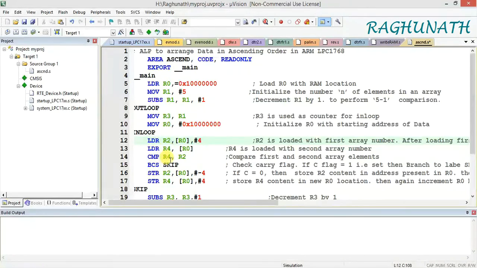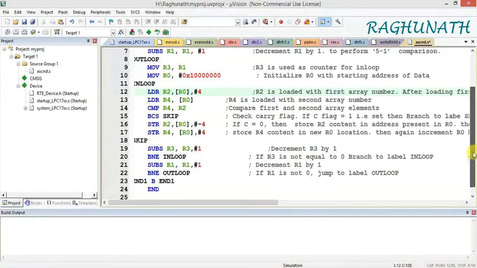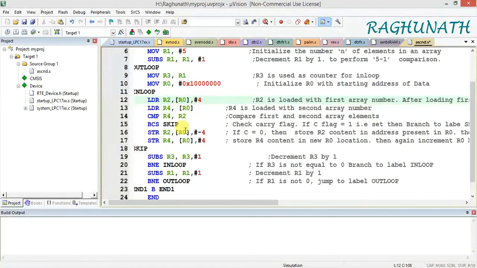Now compare R4 with R2. So R4 and R2 are compared. I think R2 minus R4 will take place. Actually in the textbook it is shown that R4 minus R2 will take place. But if I do it in single step, I checked that it is actually comparing R4 and R2, meaning the second number is present in R4 and the first number is present in R2.